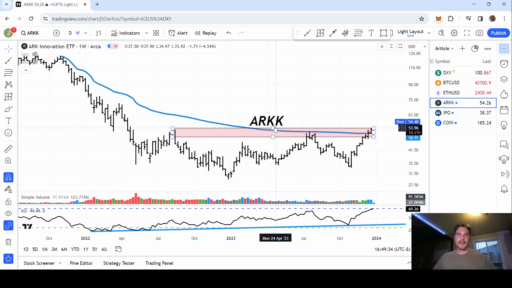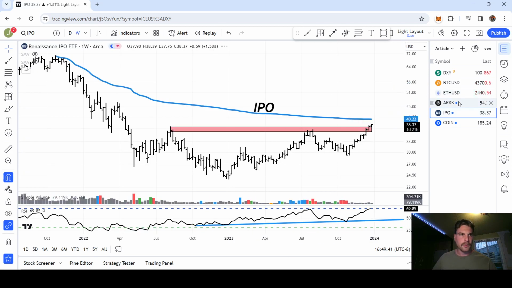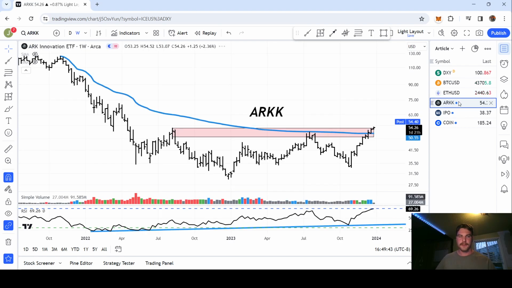If you're in the stock market, the volatile assets you want to be looking at are either in the ARK Fund or in the Renaissance IPO ETF. So ARK looks pretty damn good here. If we can get oversold on the weekly, or overbought on the weekly, that's just going to let you know that we are definitely in an uptrend now, and that there's a high likelihood that this trend is going to persist. We're just now getting out of this huge base dating all the way back from August 22.